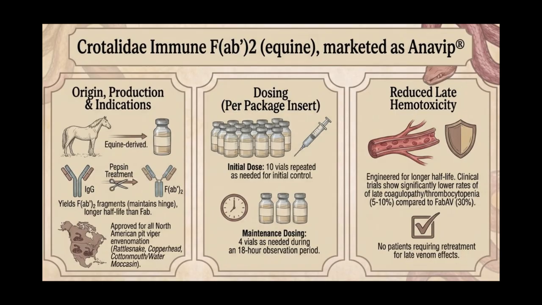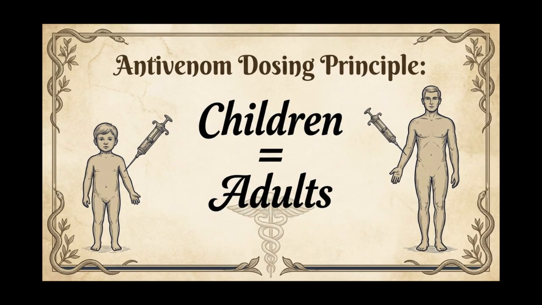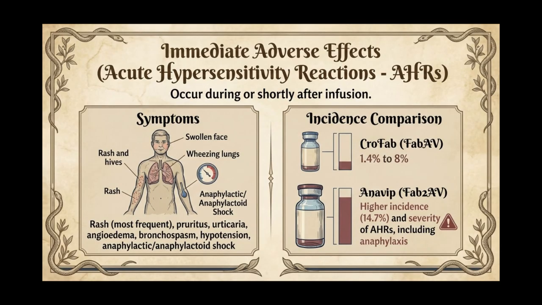Pregnant patients face limited information regarding snake bites from coral snakes and rattlesnakes. Snake venom can be hazardous to both the mother and the developing fetus, and even if the mother recovers well, adverse outcomes for the fetus can still occur. Consequently, the criteria for administering antivenom to pregnant women should align with those for non-pregnant individuals. In pediatric patients, children should receive the same dosage of antivenom as adults.